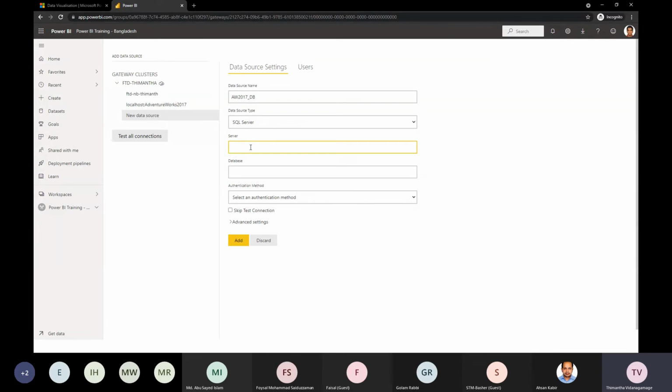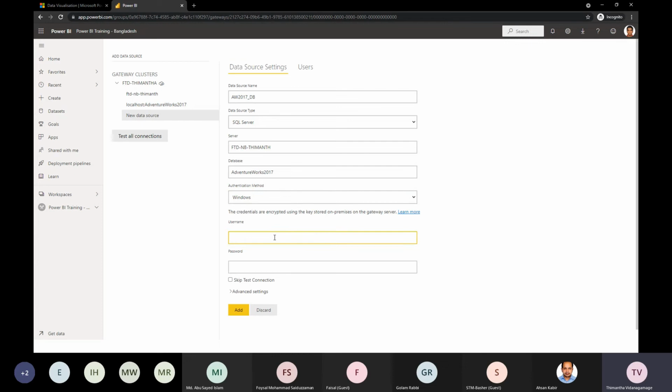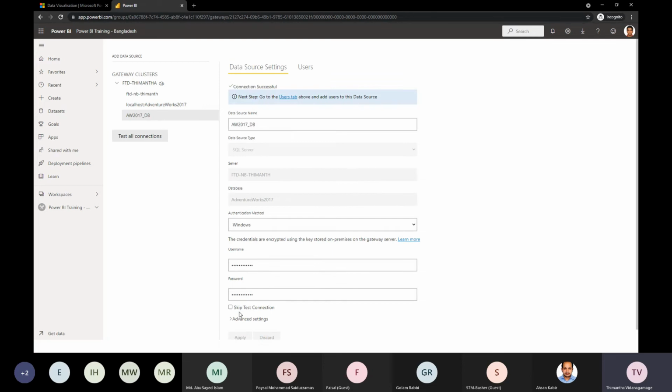I would provide that. And then I would provide my database as well. It would be AdventureWorks 2017, as I remember. And authentication method would be Windows, and under Windows it should be my respective authentication with the domain that I'm in, the tenant that I'm in, and basically your password. That's about it, and all you need to do is add